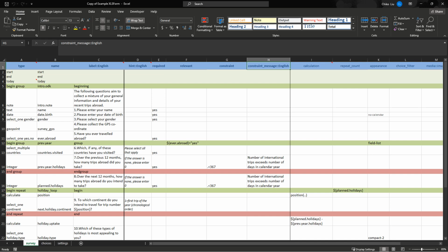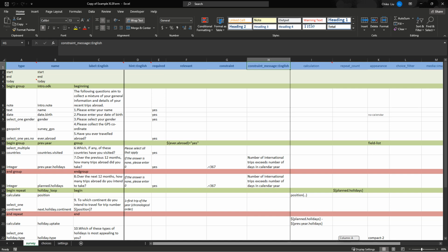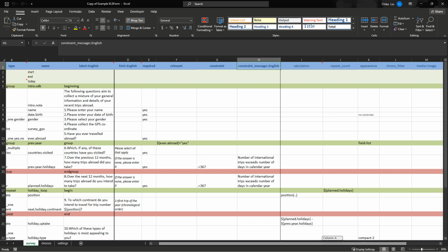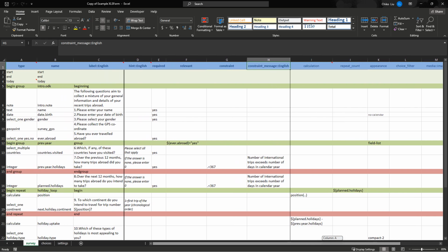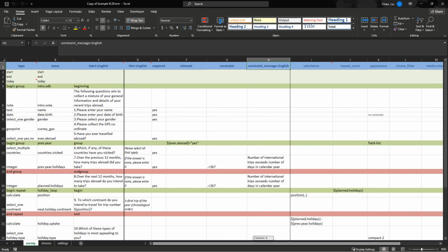ActivityInfo is a tool to actually play with, and so this particular tutorial is meant to give my experience of what I've learned in the past 2 days based on what I know, or based on where I'm coming from, which is ODK or Open Data Kit or KoboToolbox. And so for you to follow along, you need to have prior knowledge of how to deploy, use, build forms using XLS forms in